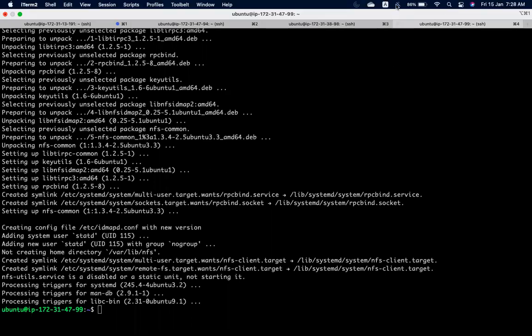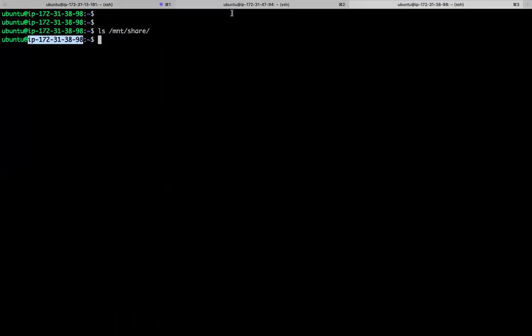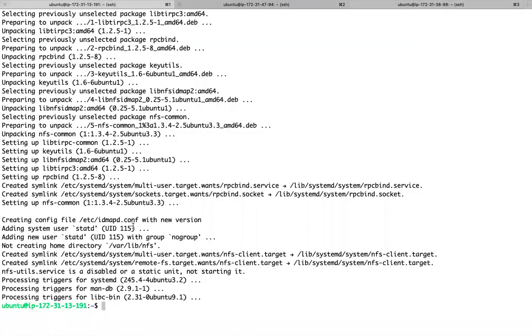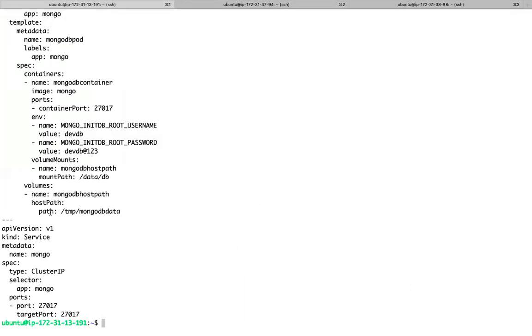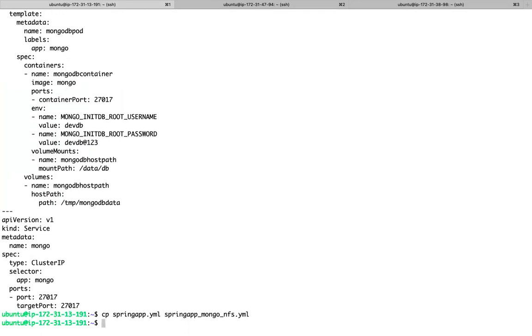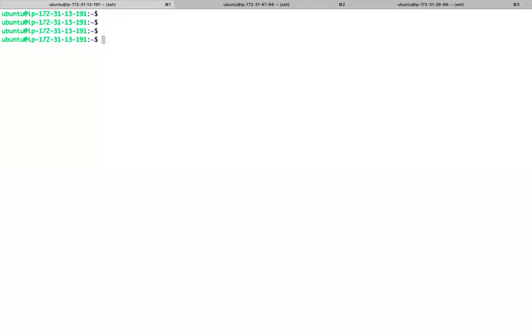Now I can use the NFS with my application, right? Now, instead of using hostPath, now I can use NFS, Mongo with NFS. So let me delete this one. I will delete whatever I have deployed which is using it. I will delete that replica set only.